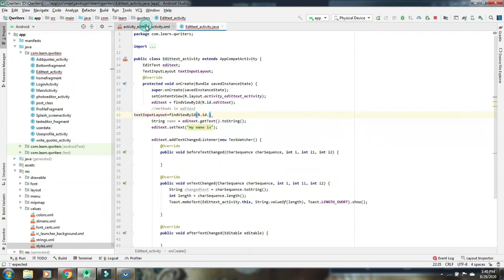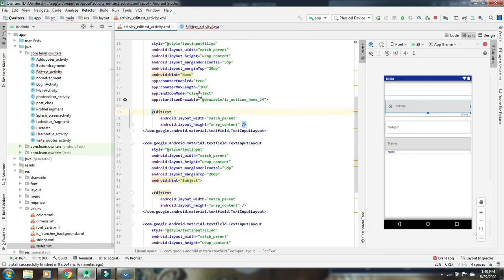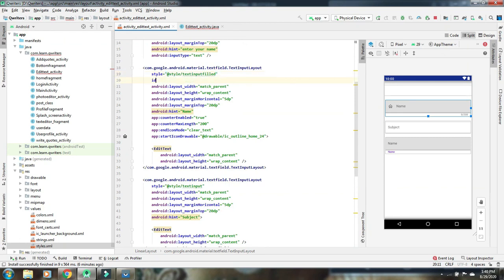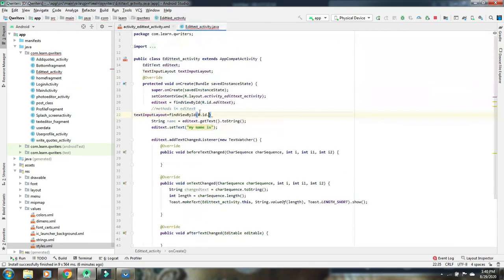Let's give one ID to one of the text views. Suppose for this I'll give the ID. Here you should specify, this is the text input layout. In this we'll be specifying the ID, textInput. Then here we'll access that ID, textInput.